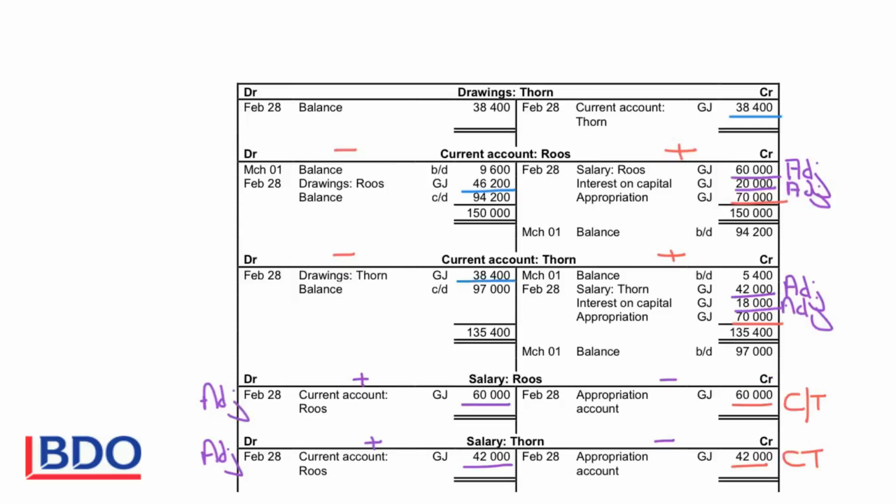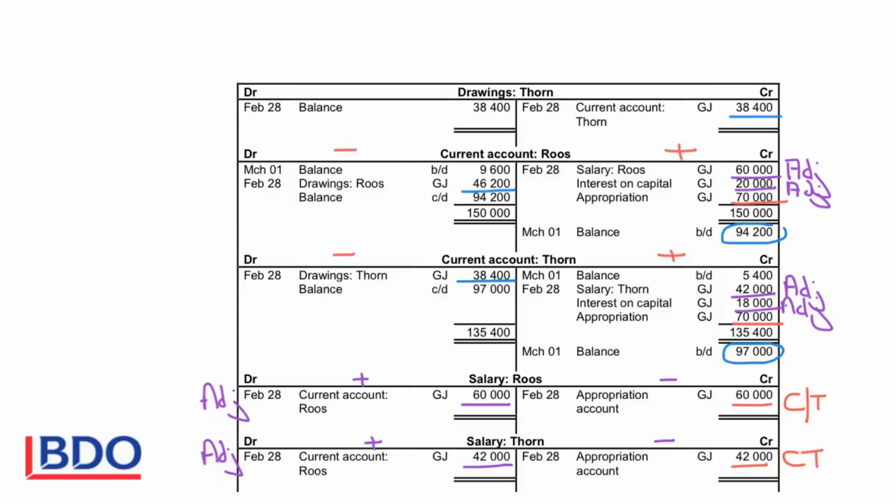38,400. If we calculate the balance in the current accounts now, we can determine what is the total amount that's outstanding that belongs to the partners and that they are entitled to. So Ruiz can actually withdraw 94,200 that is owed to him, and Thorn can withdraw 97,000. If one of them had a debit balance, it indicates that he took more money than he was entitled to. That means that he will owe money to the business in the